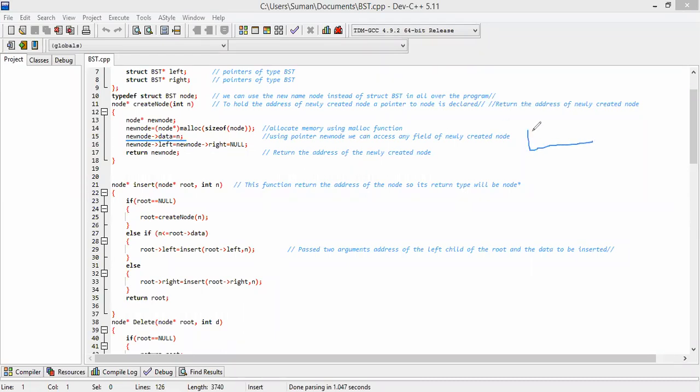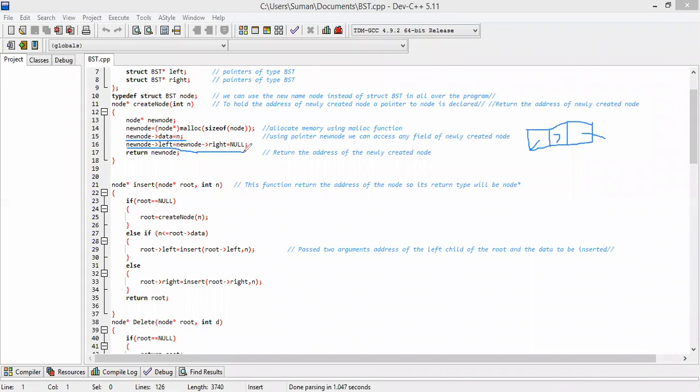So if we consider this, it will look like this. After performing this, a node will be created, and this is null, this is also null, because I have set left equal to null and right equal to null.